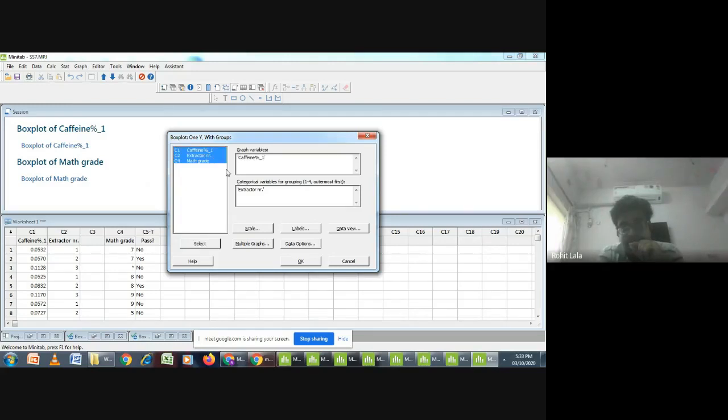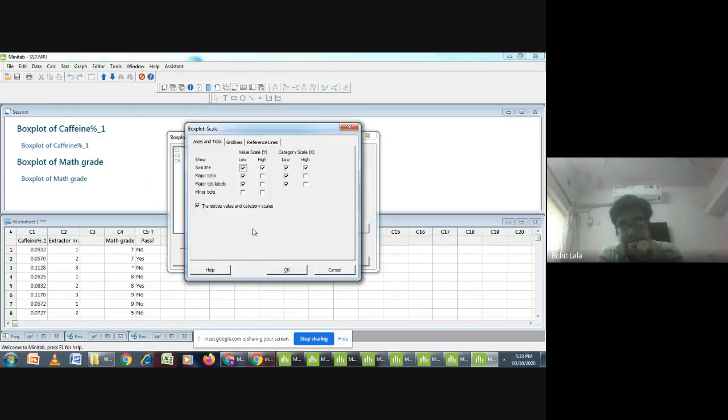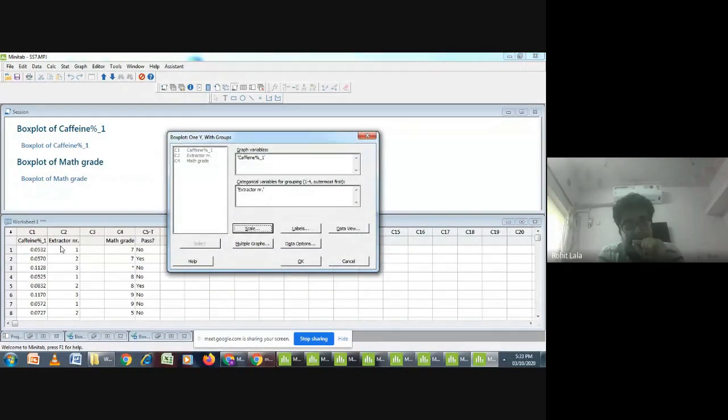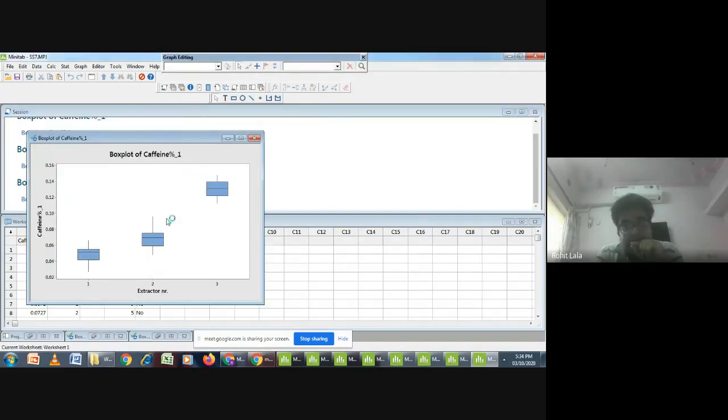Remember, the categorical variable always describes the categories. Then just click on scale. Obviously, don't do transpose, because your x and y variables are the same. Your x variable is machinery, whereas your y variable is caffeine. So here a normal box plot would be plotted. Just by a click you will get a normal box plot and you will see the caffeine percentage extracted by the machine.